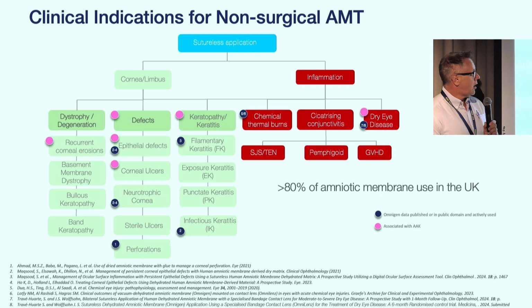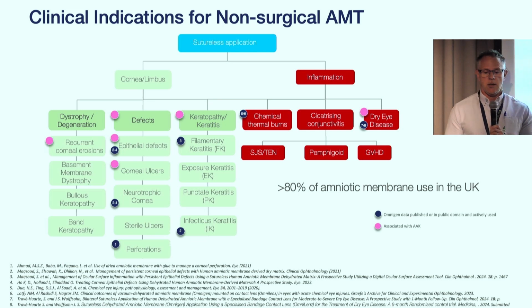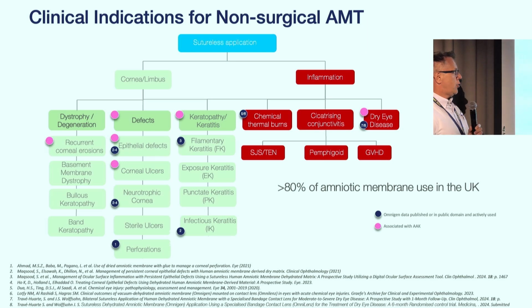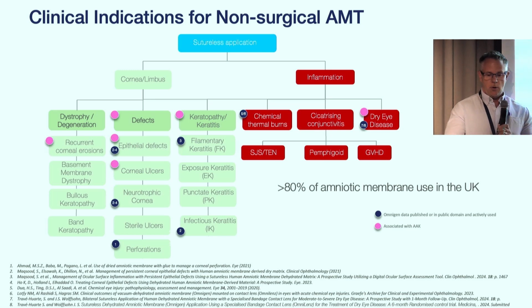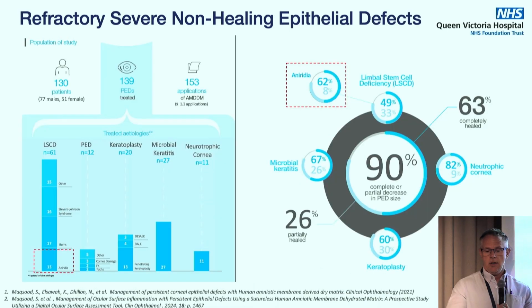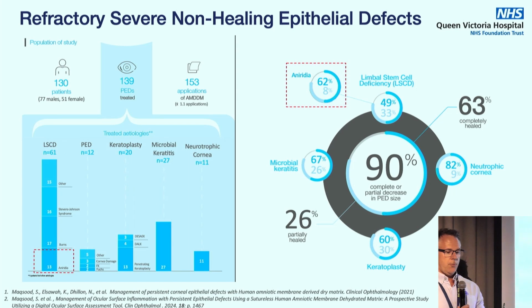The dark dots are where we've actually got published data. And then based on AAK, I've highlighted areas within this field that could be usable in the context of aniridia. So what I've done is just to try and summarize some of the indications that might be analogous to aniridia. So from a